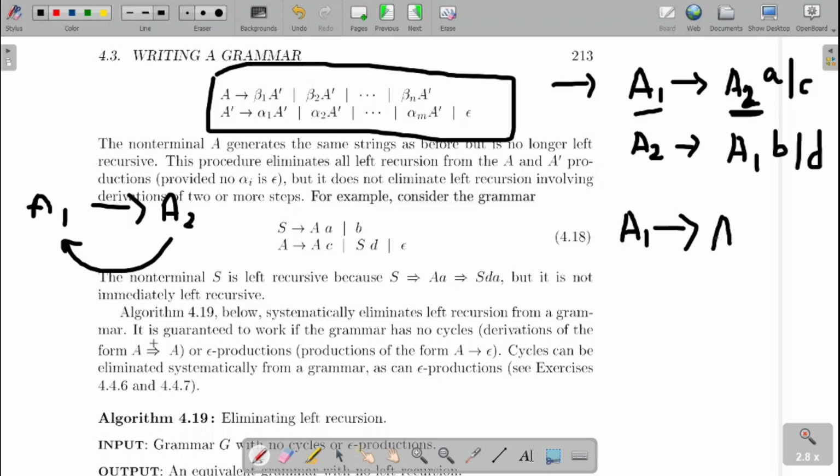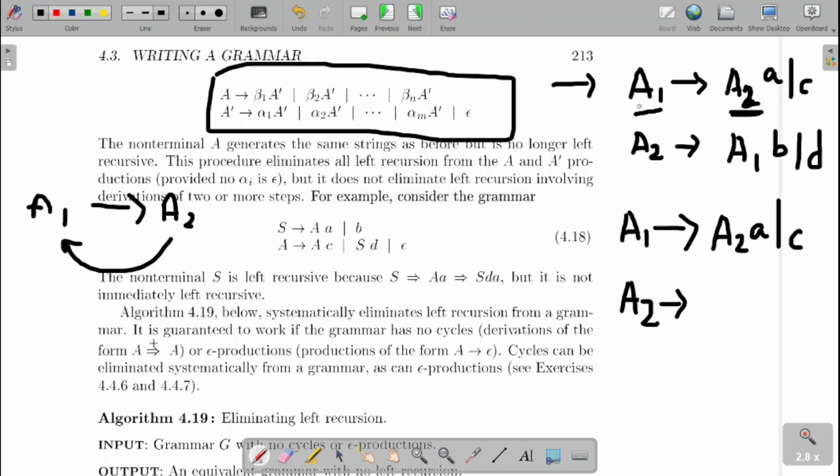So when I scan from left to right and top to bottom, the first production, I will say, is deriving A2. Whether A2 has a cyclic path or not, we don't know. But when I go to A2, now I can see A1 over here. Now I need to check whether that A1 will lead to left recursion or not.